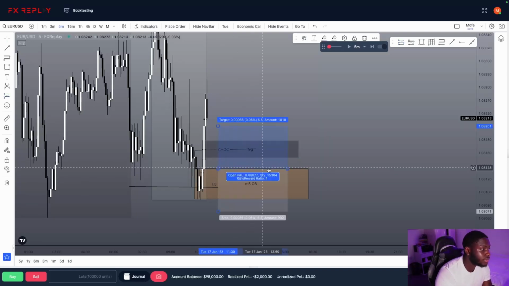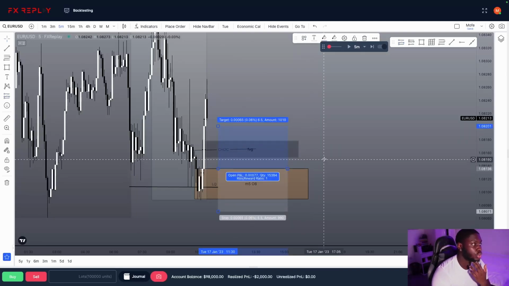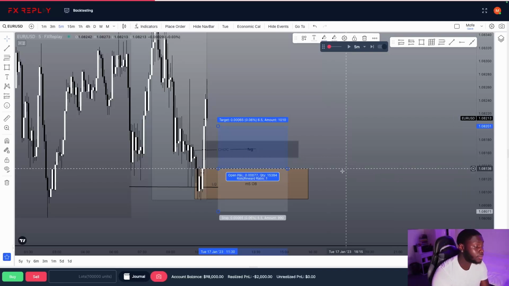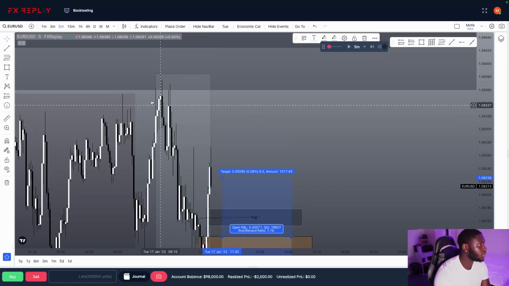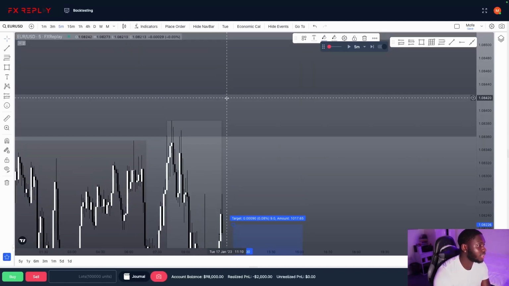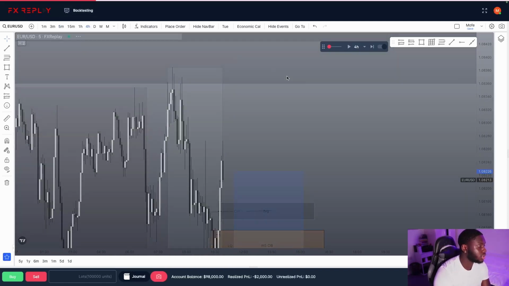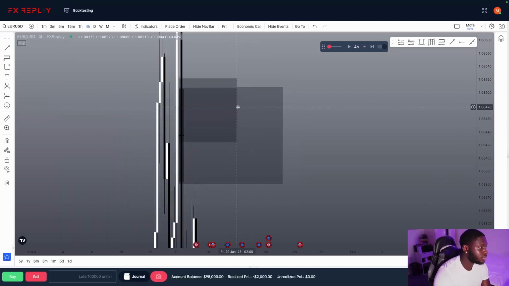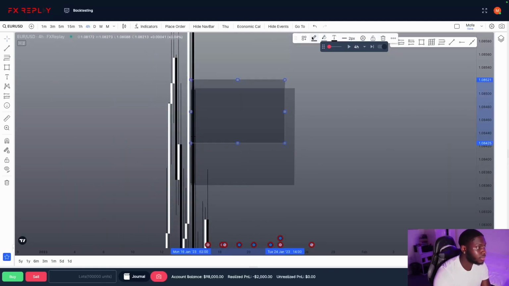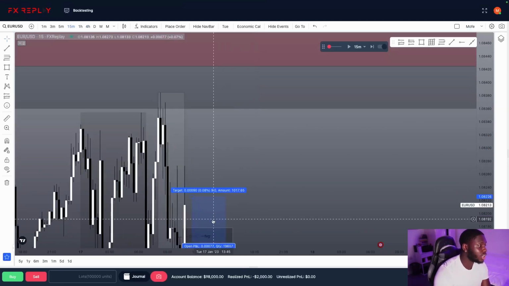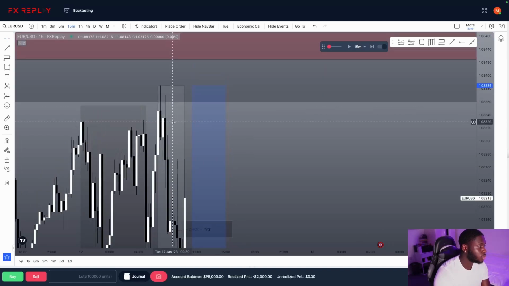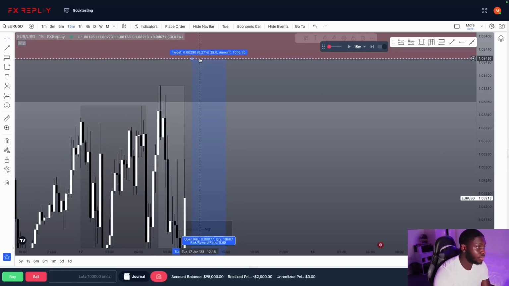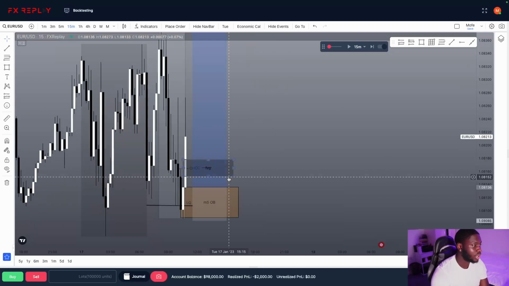Where would I target? Exactly where I felt like price could go. That's if this trade works out. It could be a loser. But I'll put my stops just below the low, aiming for this, wait, where was it? H4 fair value gap overlap. The H4 fair value gap is this big grey box. I'm going to change the overlap to a different color so you guys can identify the overlap. The overlap will be this red box. So a valid target you could aim for would be this high here, at the 1 to 4, or this fair value gap overlap, which I'm going to aim for because that's what I really spoke about.